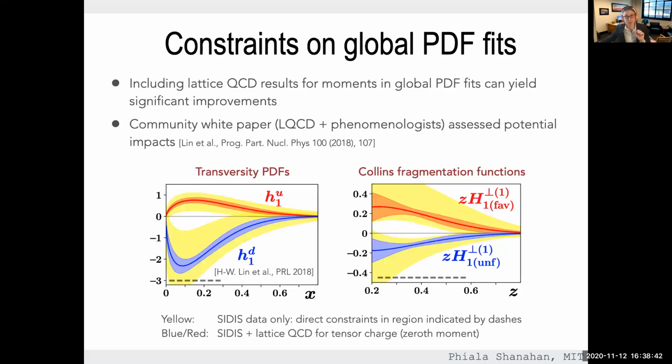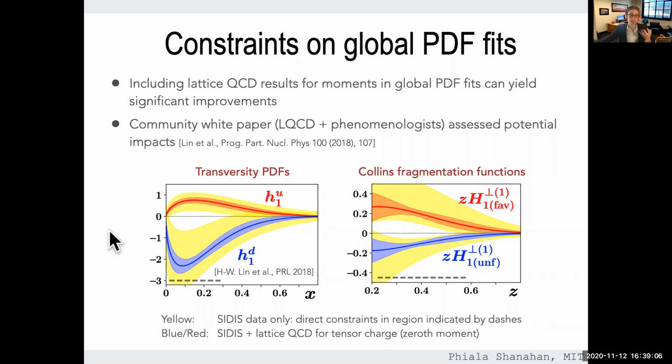But coming back to the moments for the moment, we can also use lattice QCD results for the moments and include those constraints in global fits to experimental data. So again, a synergy between theory and experiment to better understand the parton distribution functions themselves. And there's this nice example from a few years ago showing this exactly for the transversity parton distribution functions, which